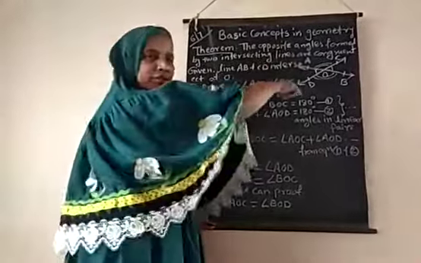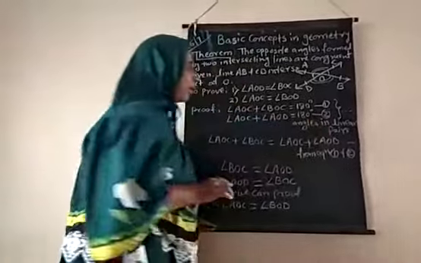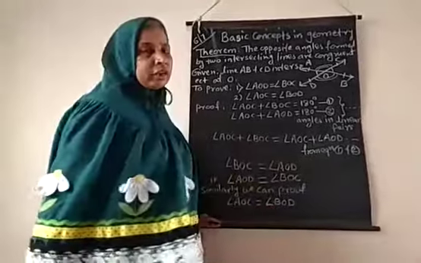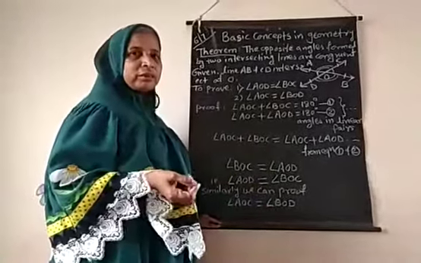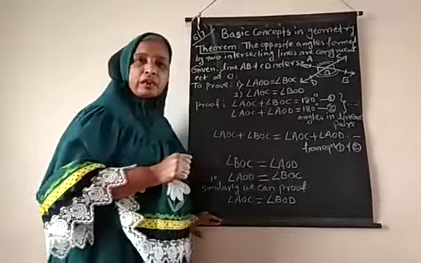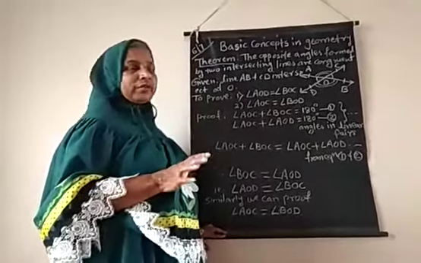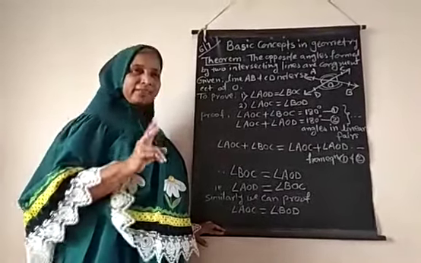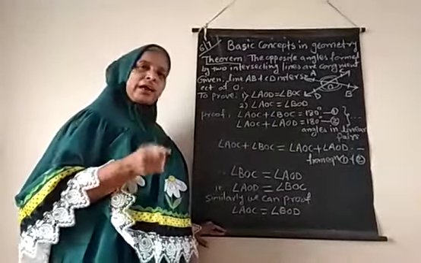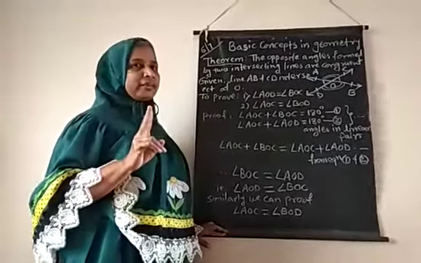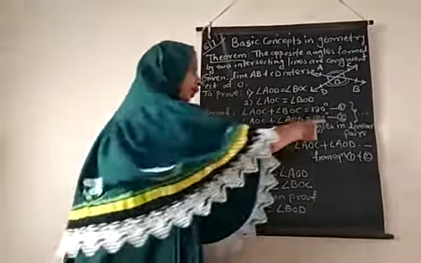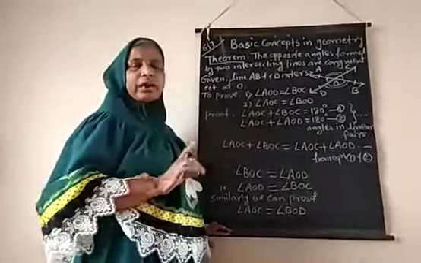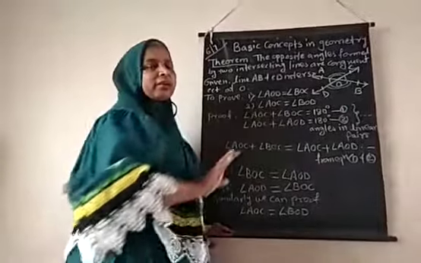Now to prove the statement, we are using a property called linear pair. All of you know the meaning of linear pair, but just revise it. What types of angles are linear pair? Linear pair angles are two adjacent angles that are supplementary. When two adjacent angles are supplementary, then the angles form a linear pair. So what is the condition? They must be adjacent angles, supplementary as well as adjacent.